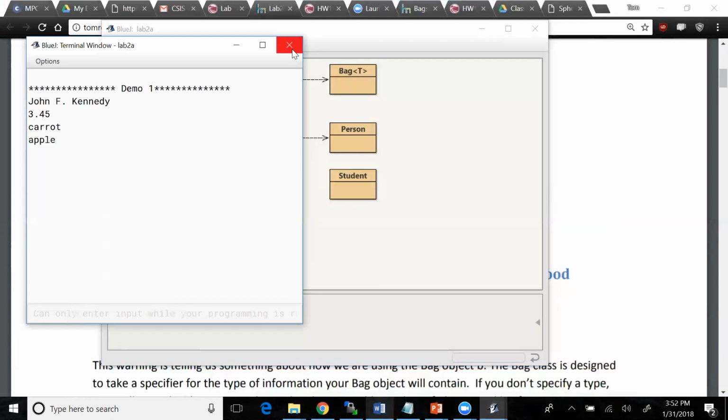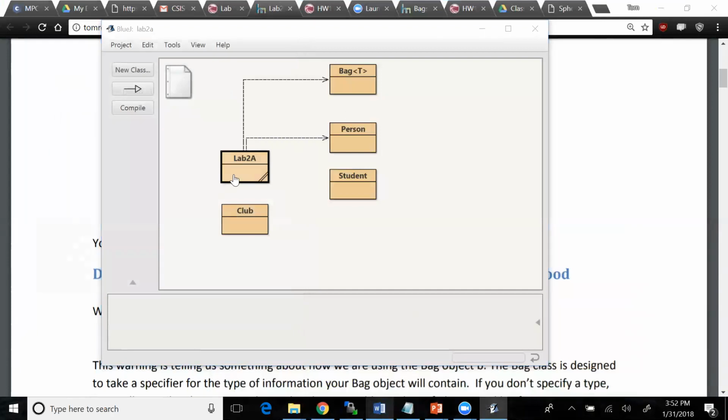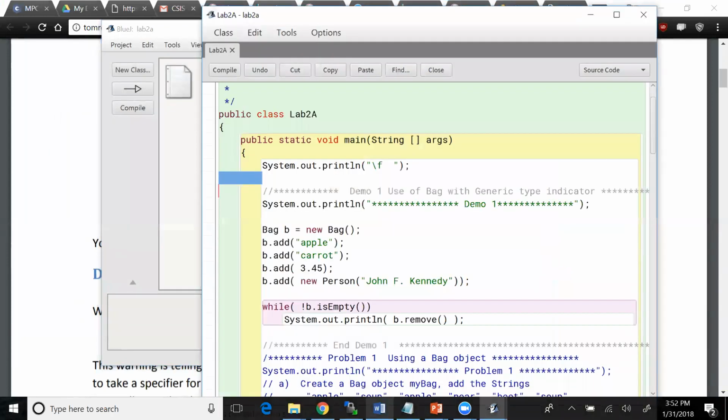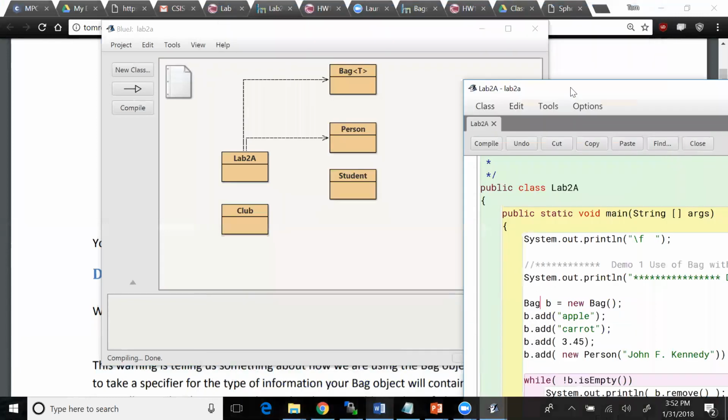And in general, the whole reason that we're using generics is kind of a sanity check for us as we're coding it, so that we don't accidentally put John F. Kennedy in a bag that's only supposed to hold strings, or we don't put a name or a double in a bag that's only supposed to hold strings, right? So if we now say bag of string, oh, by the way, you know what, this is kind of weird. Because it's supposed to say,